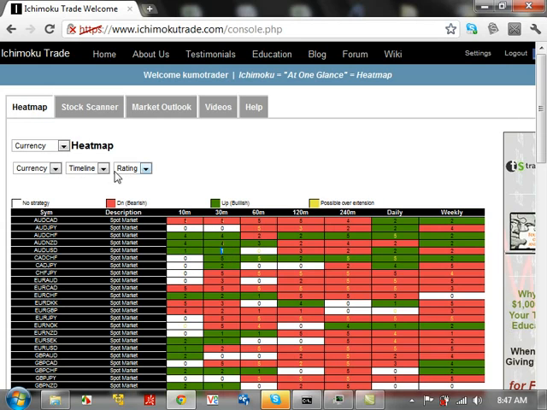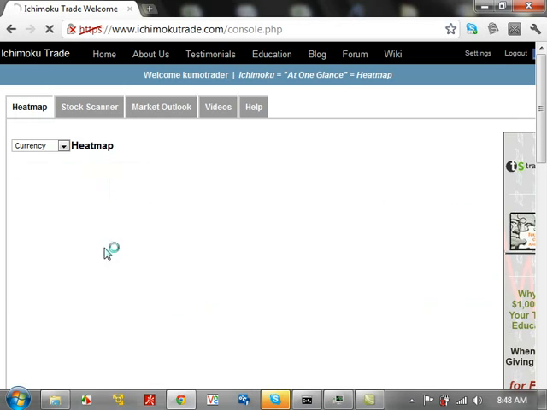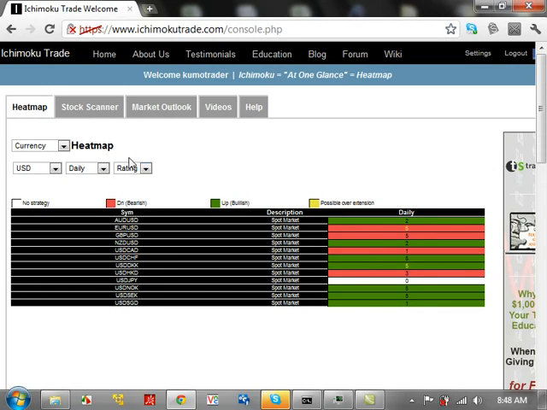Now, on some of these heat maps, especially the currency one, you do have the ability to do more filtering, down to currencies. Let's say I just want to look at all the US denominated currencies. You could look here, and then you could also choose a time frame. Let's say I'm interested only in the daily time frame. Then you can see which ones are bullish and bearish based on the daily time frame compared to the dollar. So right here, the Australian USD is basically a 2, the Euro USD is a 5, and